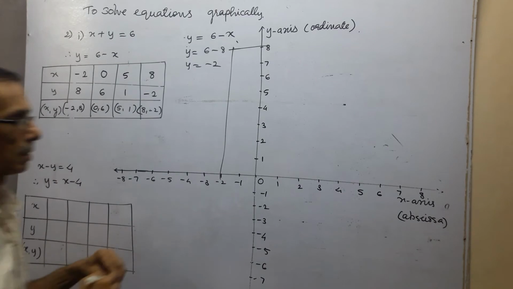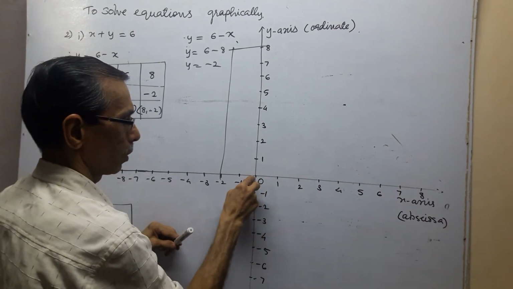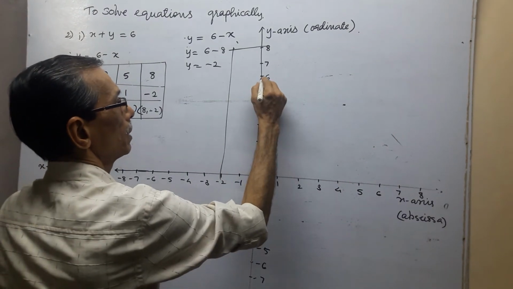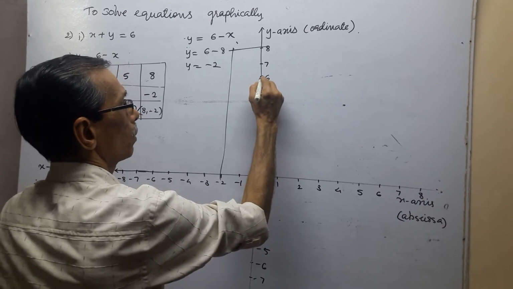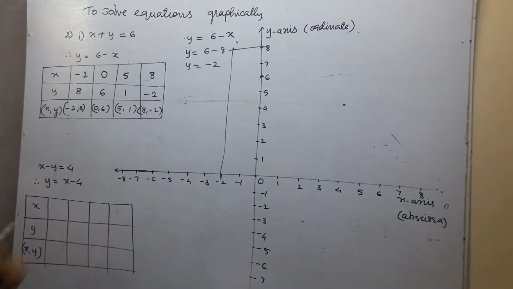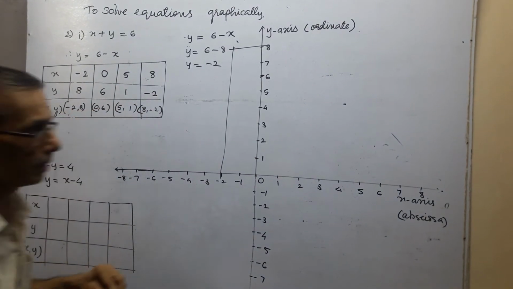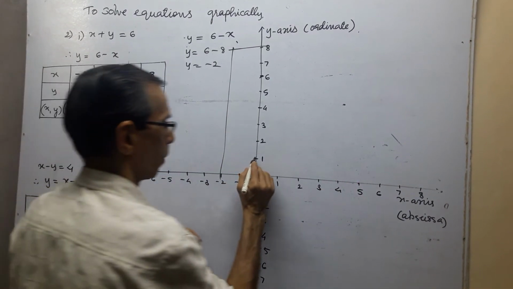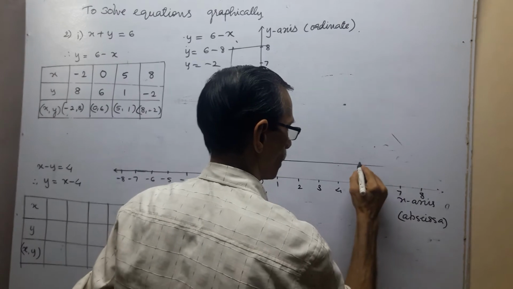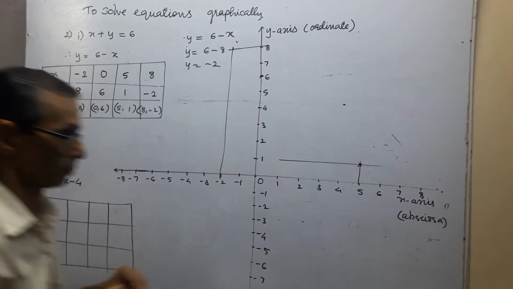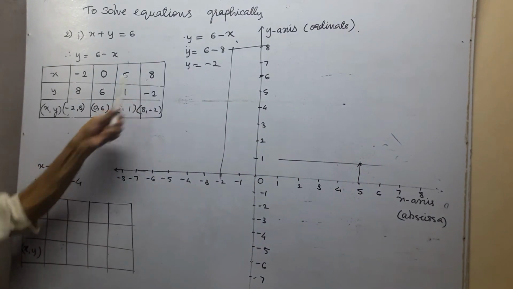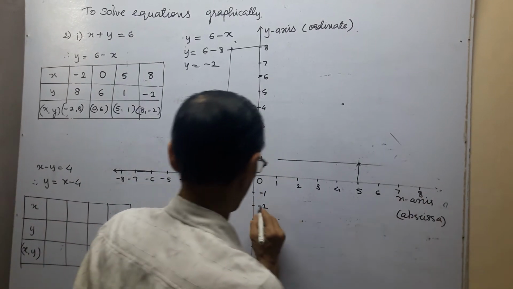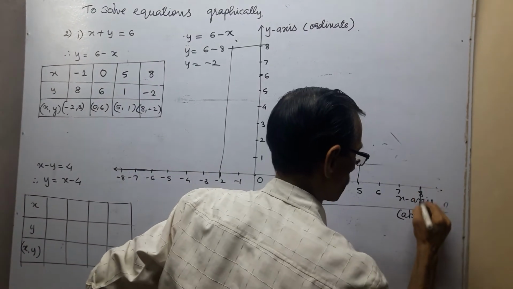Then 0, 6. x coordinate 0, y coordinate 6. So point will come here. When x is 5, y is 1, and you get the point somewhere here. And when x is 8, y is minus 2, and the point will be